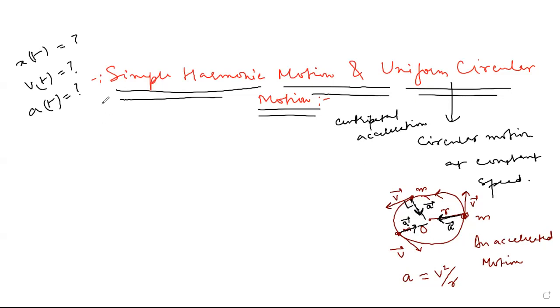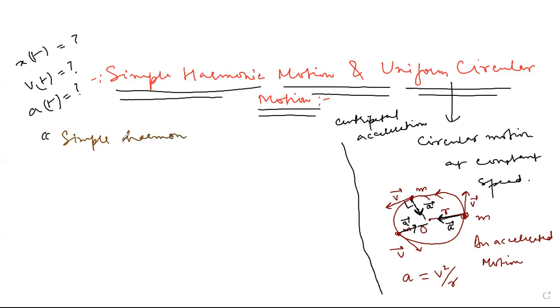Now, you know simple harmonic motion on one side. What is it all about? Now you know the uniform circular motion also. Now, there is a relation between these two motions. I state that fact, then we will justify that. The relation is expressed through this statement. Let me use another color. I think I will use this one. The relation is: